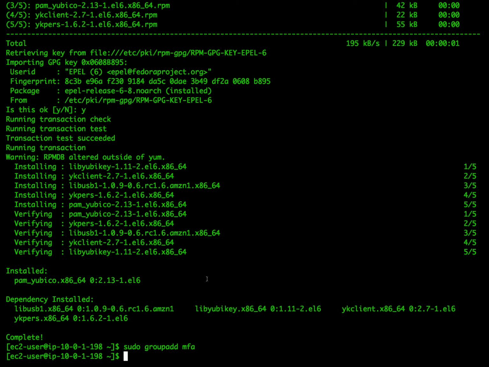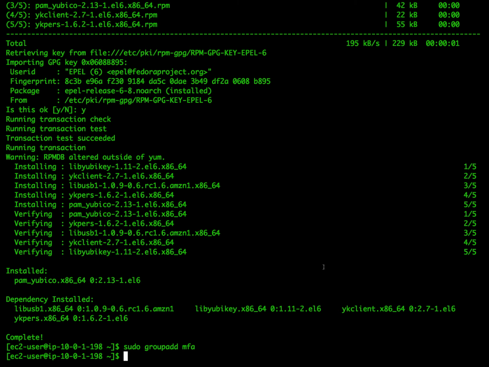So now that we've created the group, the next thing that we need to do is we need to add a user to the group. Well, for the purposes of the demonstration, we're actually going to use the existing EC2 user account, but if you wanted to create a brand new user, you would simply issue the useradd command. And actually, let's not do that, because I don't want to venture outside of the written companion when we're talking about the video piece